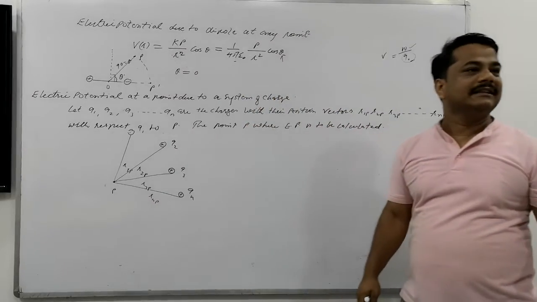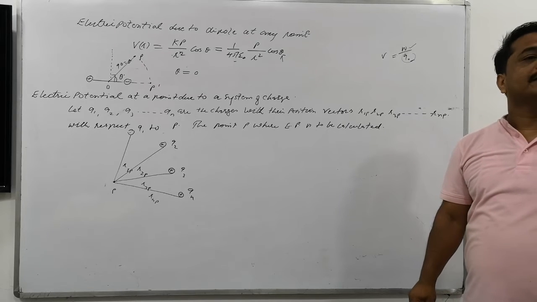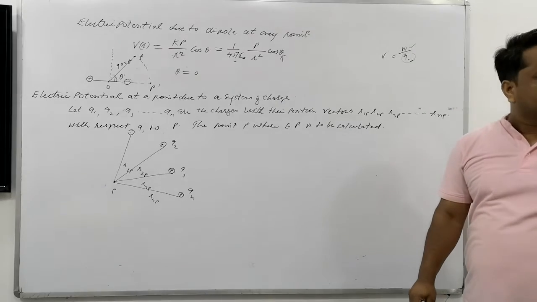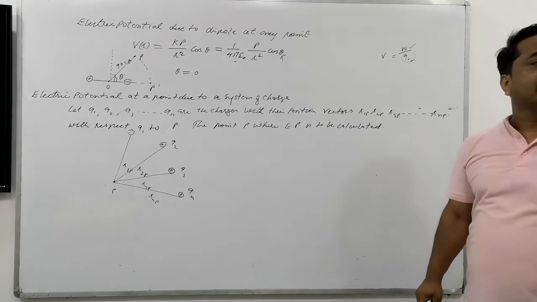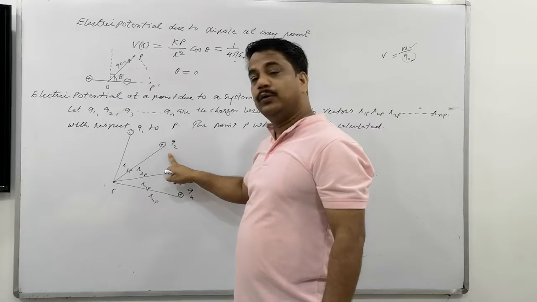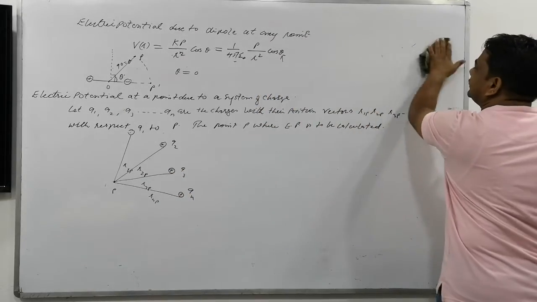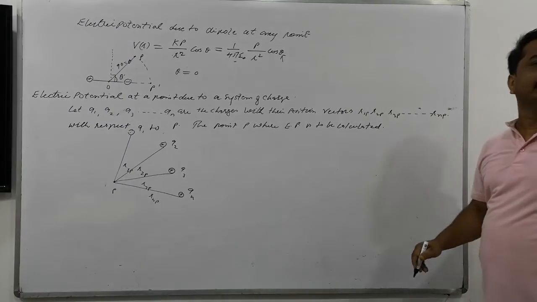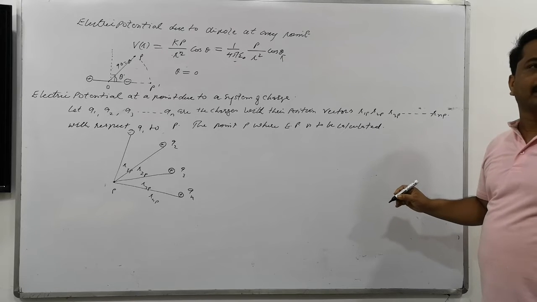So for calculating the work done, the total work done will be there. Work is a scalar quantity, so obviously the minus sign will not be involved here. Clear? So we need to calculate the total work done at point P, on any charge at P, against the repulsion due to Q1, Q2, Q3 and all the charges present here. This is the basic formula for the potential. So the potential will be the sum of all.